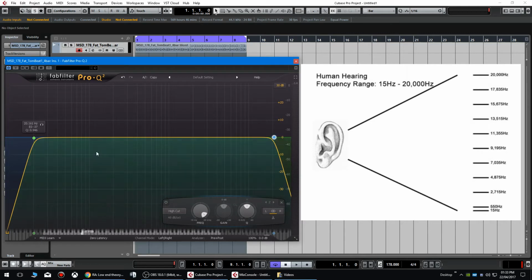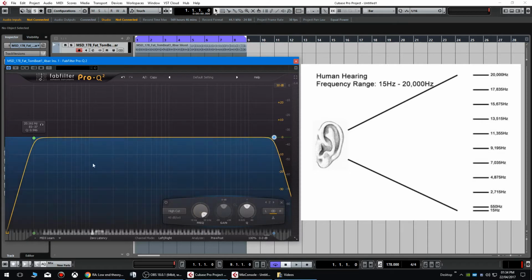Sub frequencies are used in film and psychological horrors and stuff because they can make you feel different. It's a bit of a weird science behind it all, but generally speaking, when it comes to music, we're not going to really go that low, especially when it comes to club music and dance music, because it's just going to cause havoc. And depending on what the speaker systems are in these clubs and places that you're going to be playing your tunes from, there's not really going to be much point having that content down there,